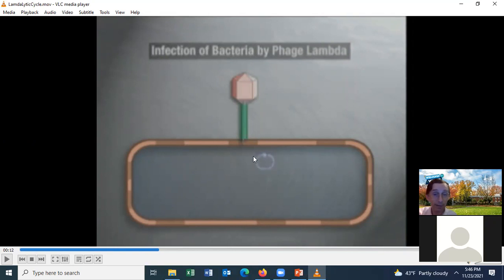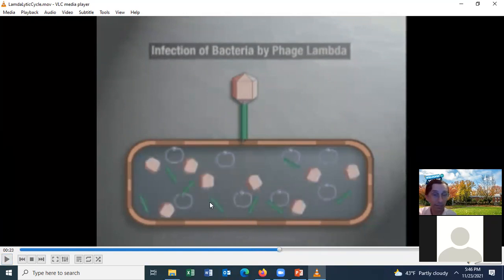Once the bacteria cell becomes infected with the virus, the first thing the virus wants to do is take control of the cell. An easy way to do that is to degrade the host chromosome. It's not shown here, but that's what happens. Now the virus genome is running the shots in the cell because the host cell's DNA has been cut up and destroyed. The virus then replicates its genome, which is shown here,